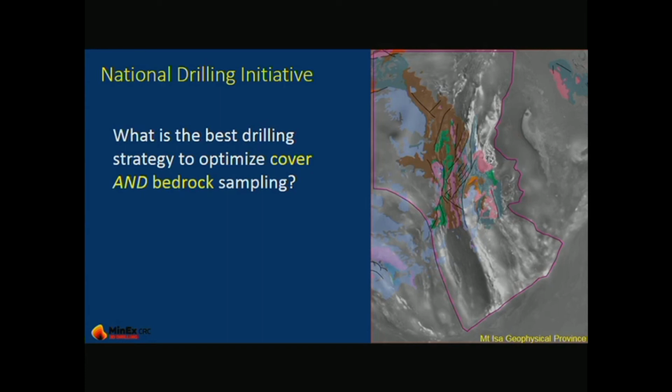So we're going to be putting lots and lots of new holes in the ground, but we want to know lots and lots of different things from each well. We want to know what the character of the cover is. That could be regolith, or it could be a sedimentary basin, it could be anything you want. But we also want to know what's at the bottom of the well in terms of the basement. And so optimizing that strategy means that we have to think about different ways of drilling than have ever been done before.